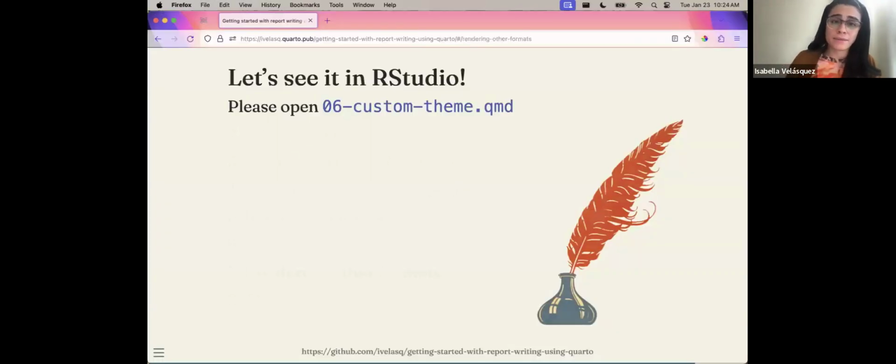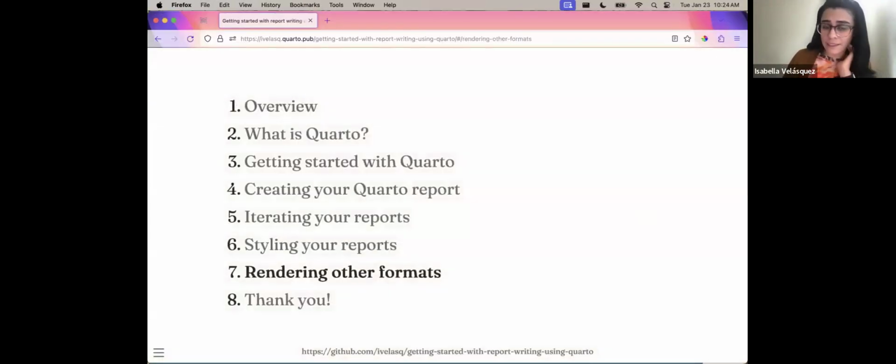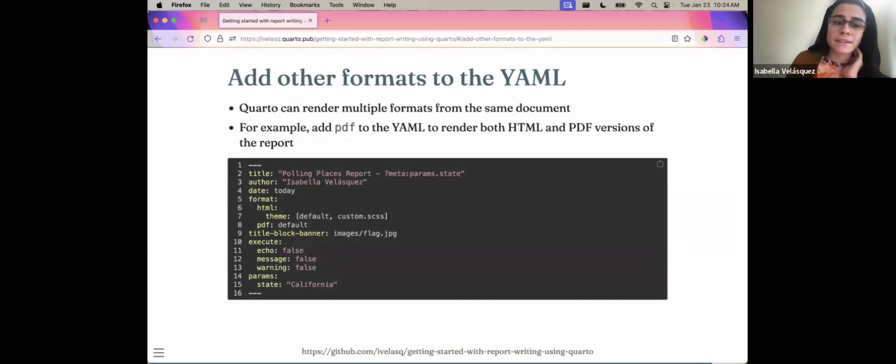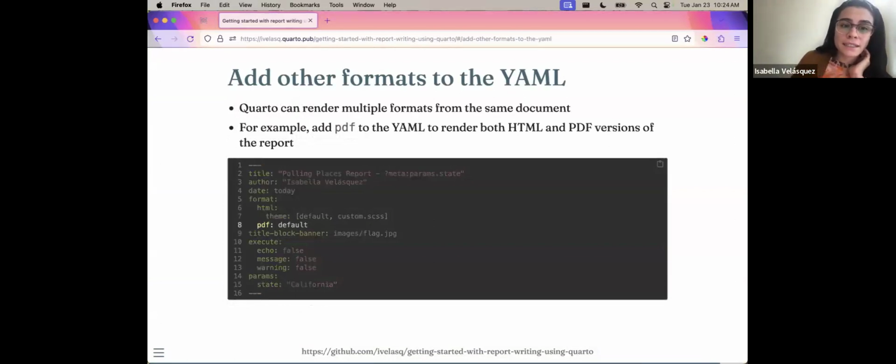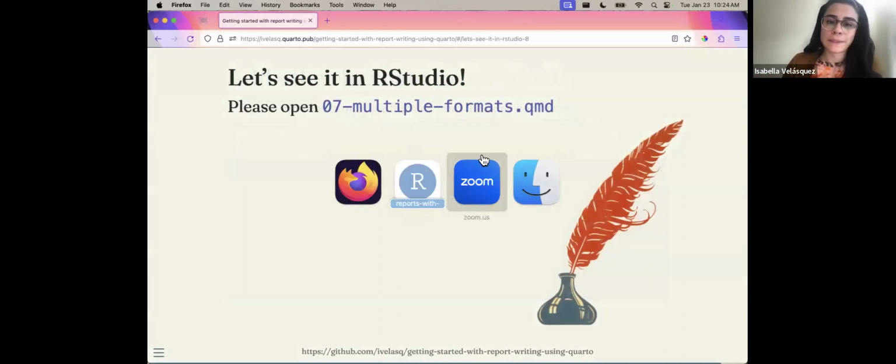Okay, just one final thing is we've talked about rendering other formats. You can do that by changing the format where we had format HTML before. Now we have format PDF. And you can also add multiple formats. For example, this one has a format HTML and PDF if you want to be able to provide both to your audience. And so if you open up 07 multiple formats,